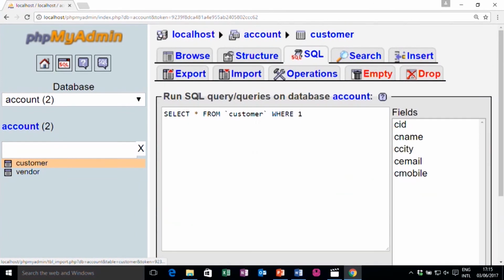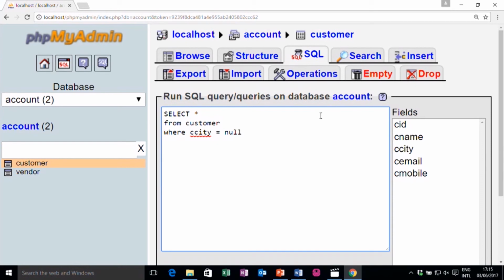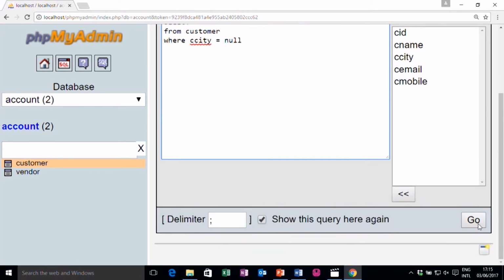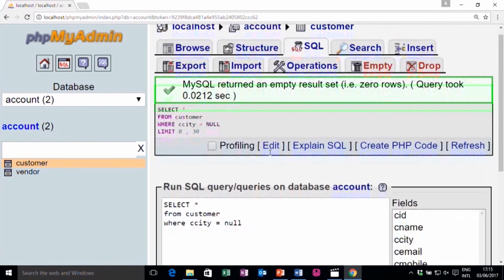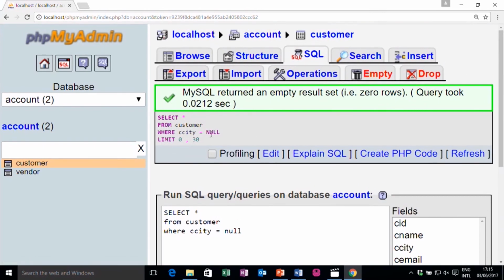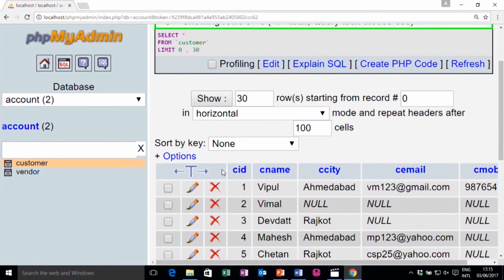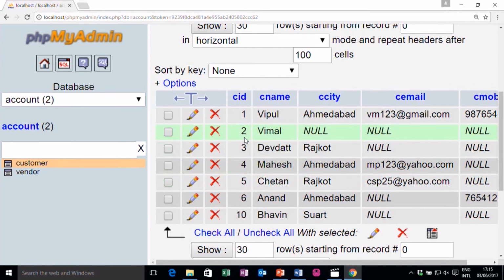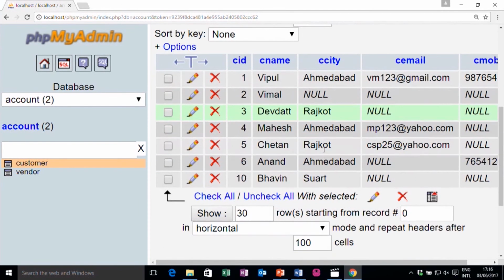If I write SELECT * FROM customer WHERE C city equal to null, let us check what it will show. It does not show any record, though there are some null values here, such as the second record where C city is null.